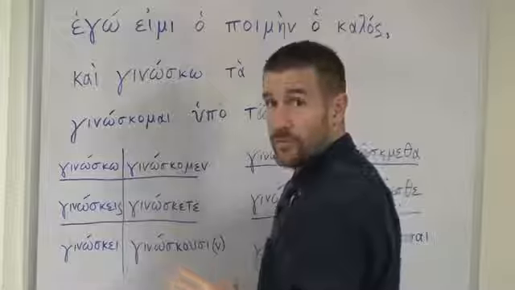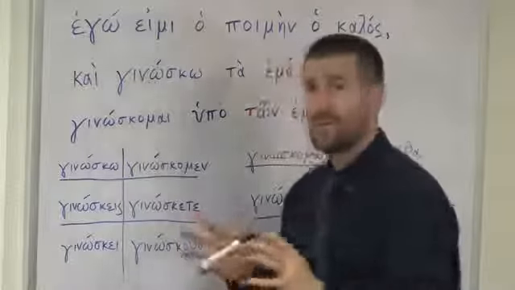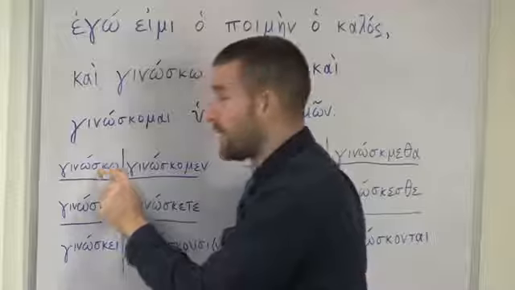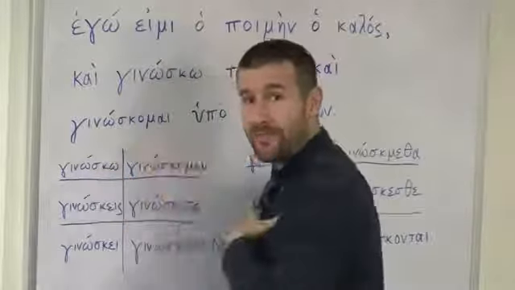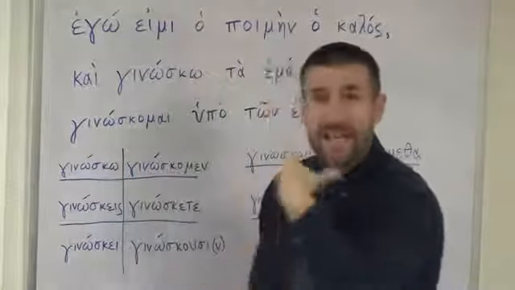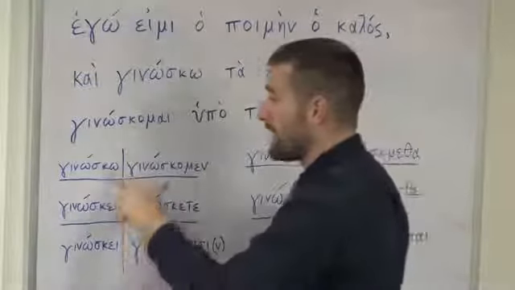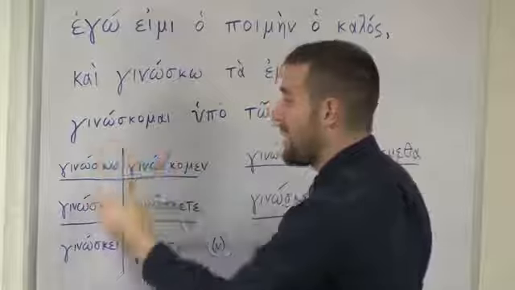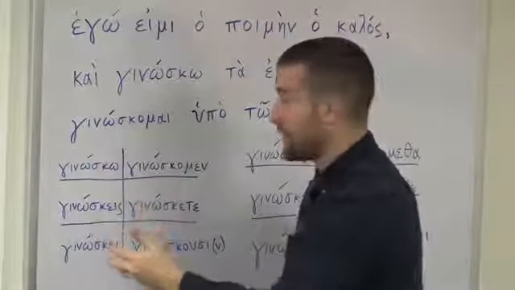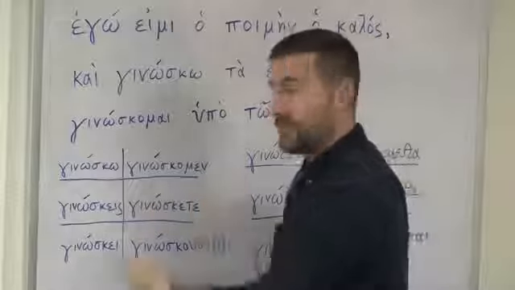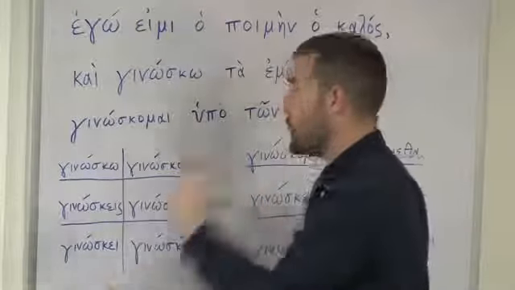forms of ginosko. And remember, when you look up Greek verbs in the dictionary, they're going to be found in this form. The first person singular, the I form. I know, I eat, I do, I run. Those are all going to be the forms that you find in the dictionary. And then they have to be conjugated when you're using them in another form. Like if you want to say, we know, you can't say ginosko, you have to change it to ginoskomen, all